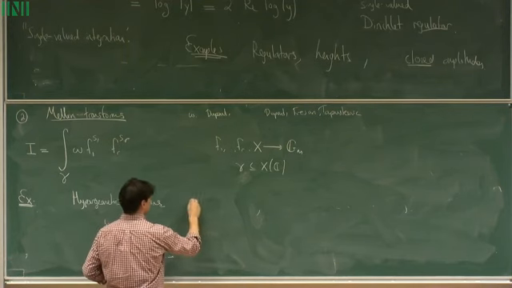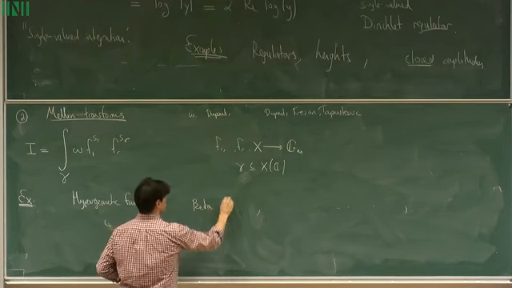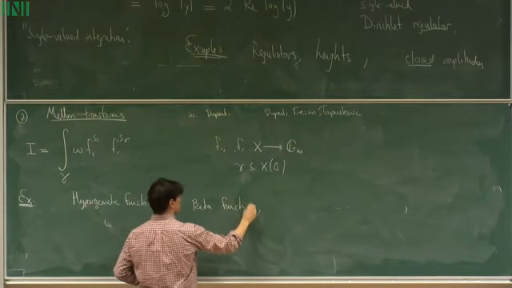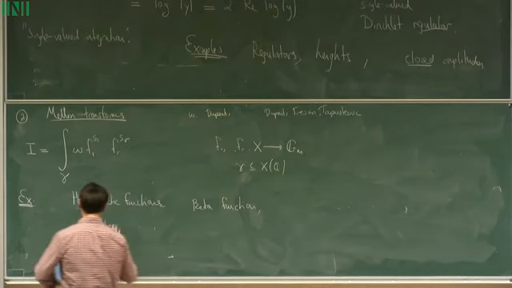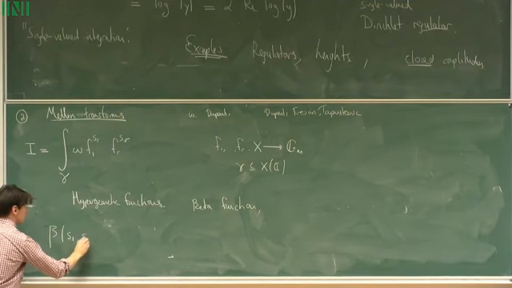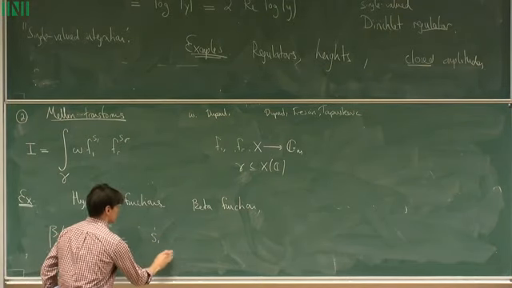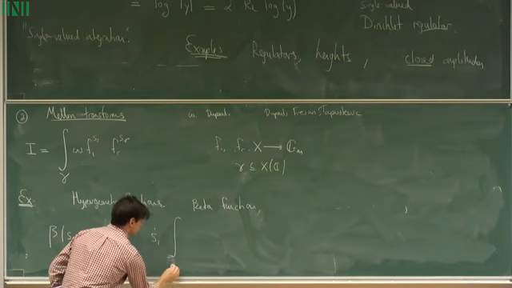And I'm going to now just write down the example of the beta function. So the beta function, of course, is extremely old. And I'm going to write it in a slightly funny normalization, S1 integral from 0 to 1,